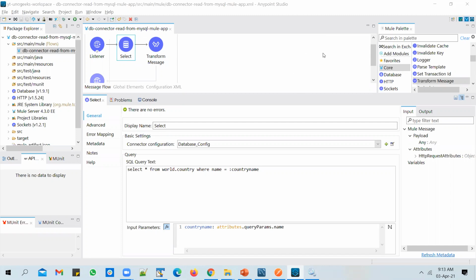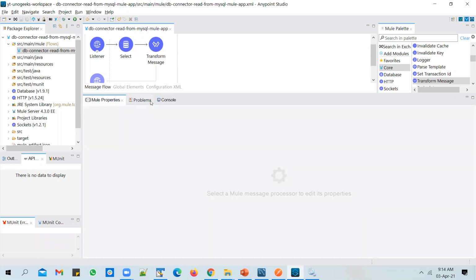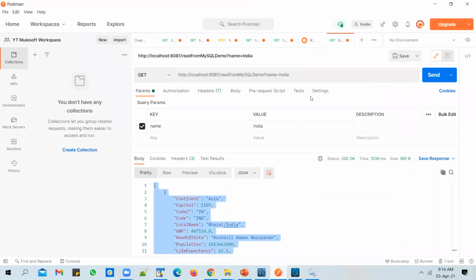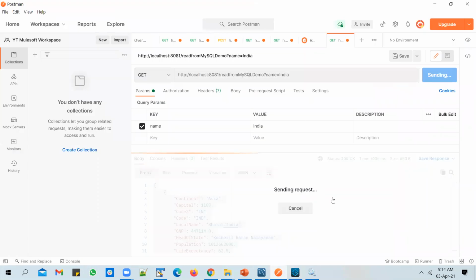So in the next few videos, I'll talk about how to handle errors effectively in a Mule application. Let's park it for a day. But the correction that you need to make is that the input parameters need to be added as an expression rather than as a literal, because this needs to be replaced with the actual name that you're passing in while invoking this application. So just make this change, activate the application, and once it is up and running, you can go ahead and send in a request now.